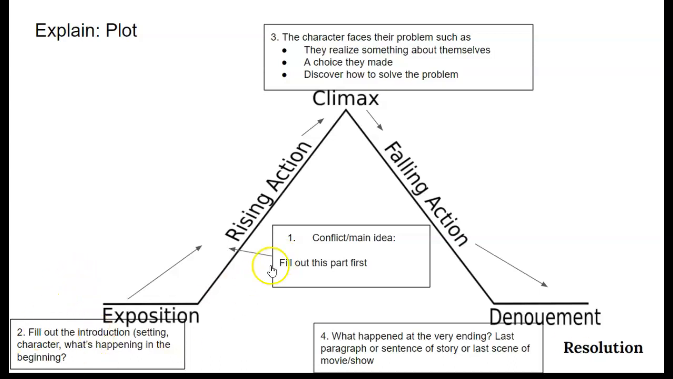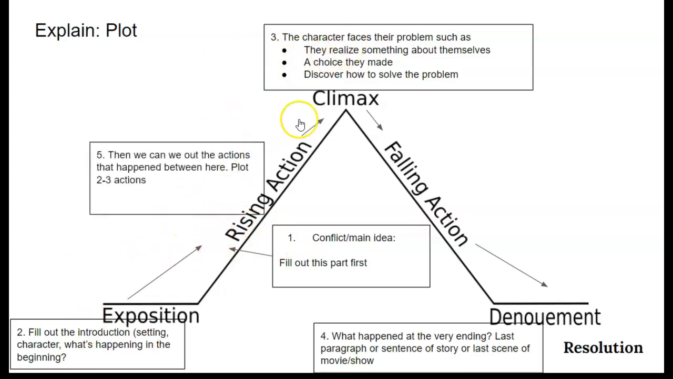So when we have these four major parts filled out, then it's easier to go and fill out, okay, well, what happened between the beginning and the climax? Okay, what were some actions that took place between these two events? And then you can usually write down 2 to 3 actions. And then you can fill out the following actions,